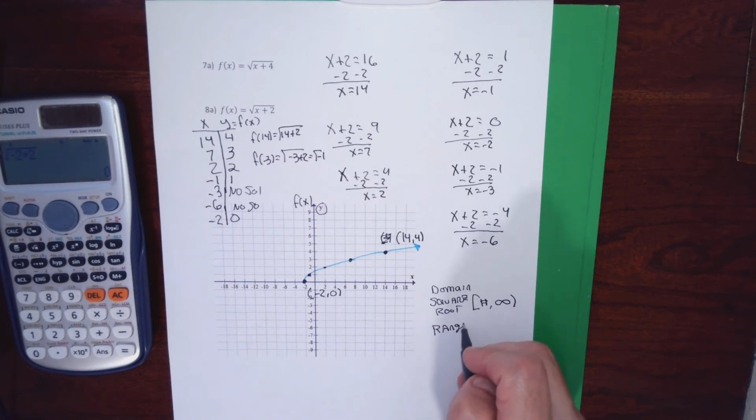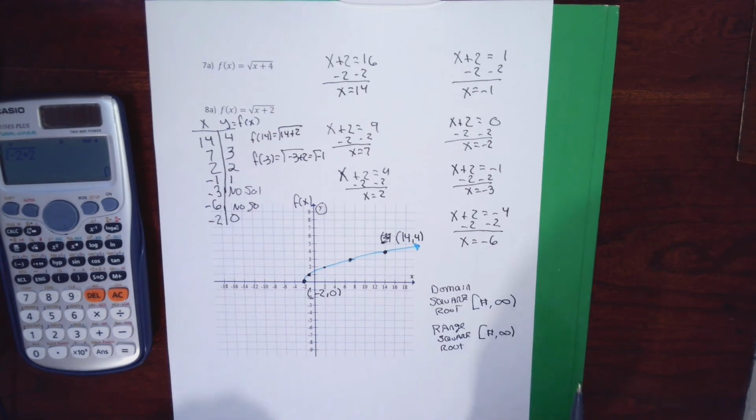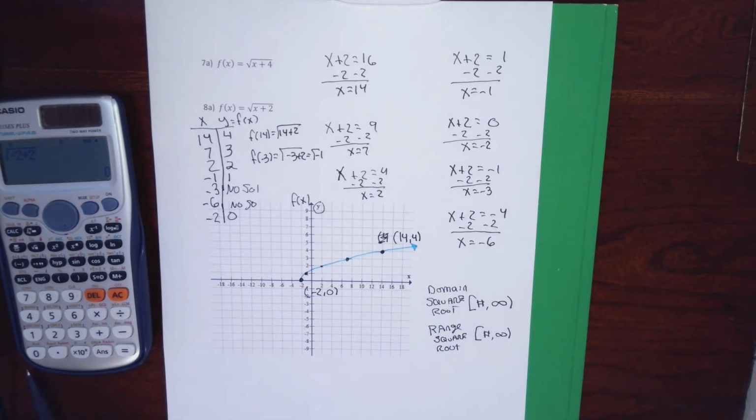Similarly, all the square roots we're going to graph are going to look similar. They're going to be some number, comma, infinity. This is because the graph will have a bottom and a left edge, but not a top nor a right edge. When I go to do the domain,